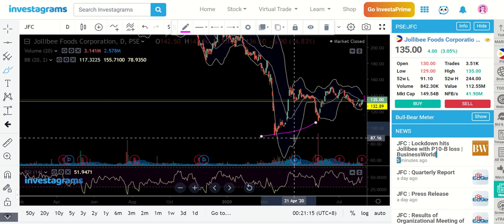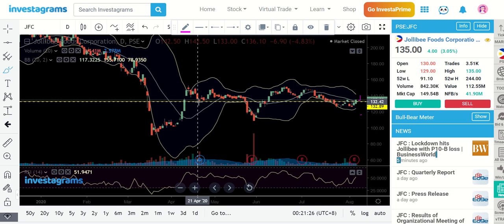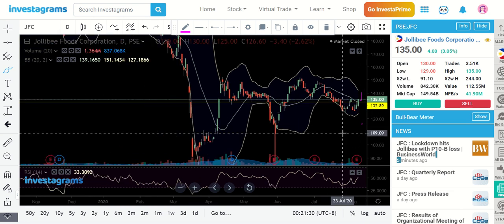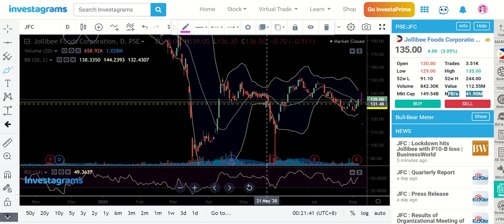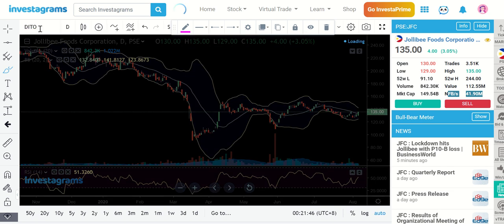Okay, so that is Jollibee. The current support that I see is around 132.89. Yeah, it used to be our support here. We started to trigger the MA20 line, so we could have some more bullish movements by tomorrow. RSI is already at the 50 level. Foreign buying is already happening, so I think that's promising. Next, DITO,